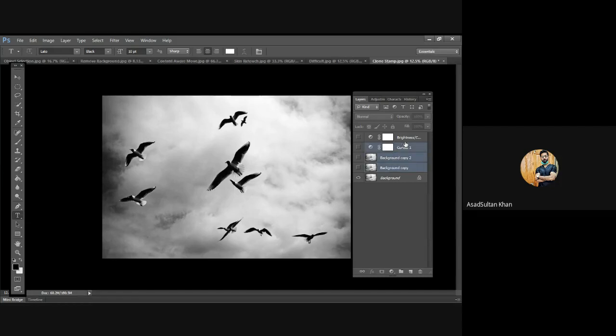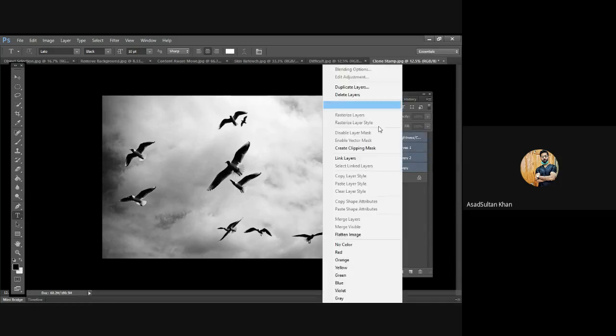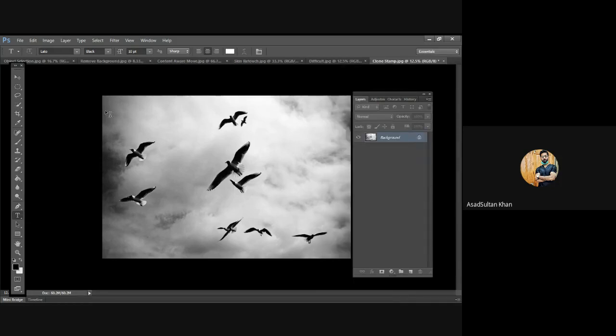Now I'm gonna start from all over again. I'm gonna delete all layers. All right. So first of all, we see this is the move tool. This is the marquee tool, lasso tool. We have the quick selection tool. And let's take an example. When we talk about creating magic in Photoshop, this is what I'm using right now, the quick selection tool. What I'm gonna do is I'm basically gonna select this singular building.